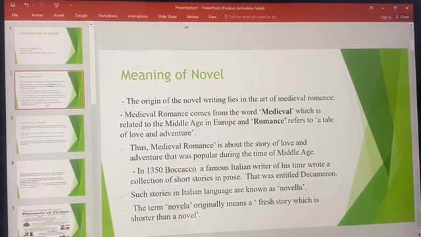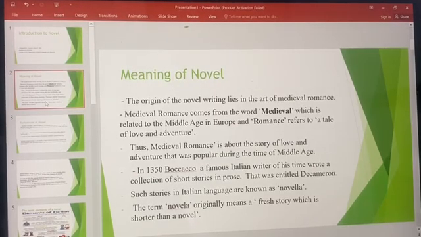with the meaning of novel. The origin of novel writing lies in the art of medieval romance. Medieval romance comes from the word medieval, which is related to the Middle Age in Europe. And romance refers to a tale of love and adventure. Okay? So, thus, medieval romance is about the story of love and adventure that was popular during the time of